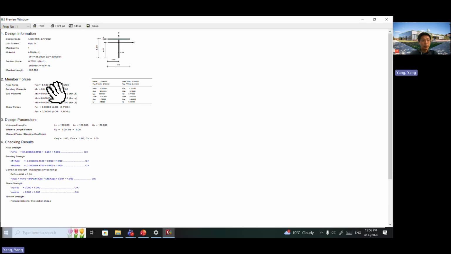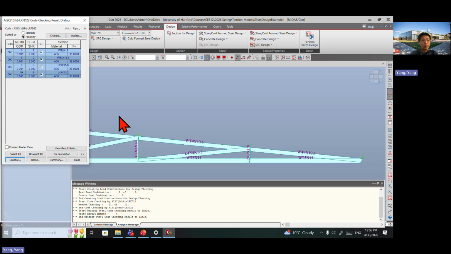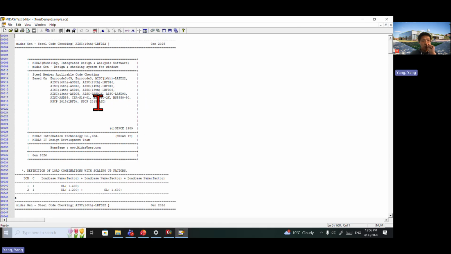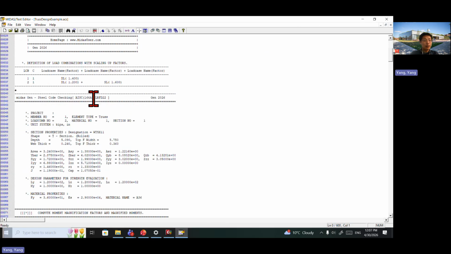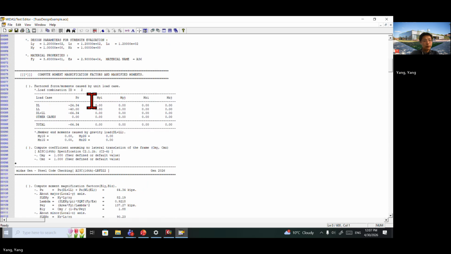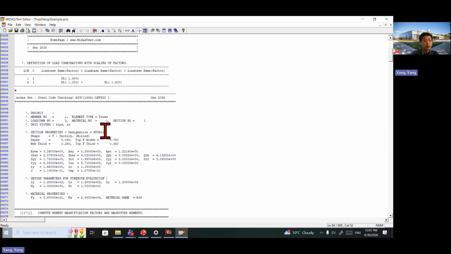Okay, this graphic report does not have everything here, so that's not good. So how about details? We better show all the details here. Yeah, so this is a better report. So it gives us, for example, the load factors, how much load for each type of member. So for example,